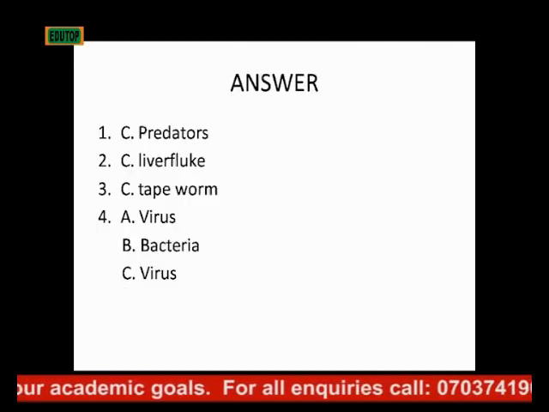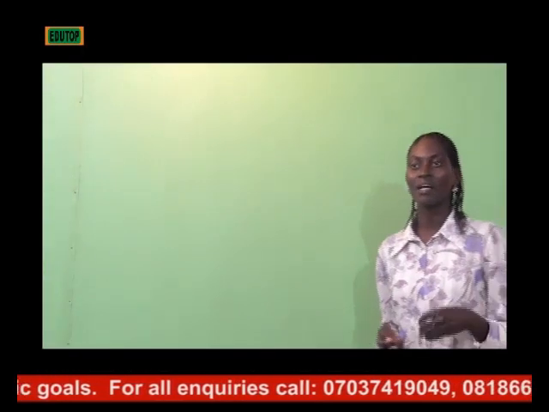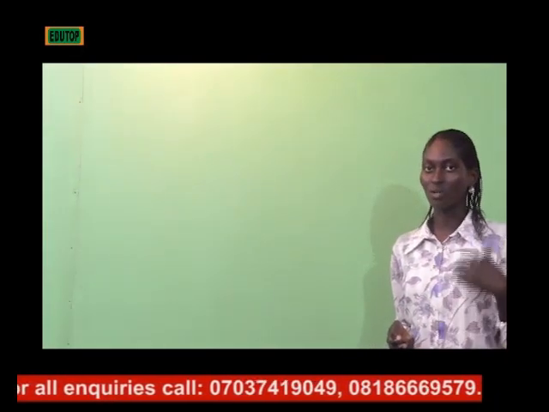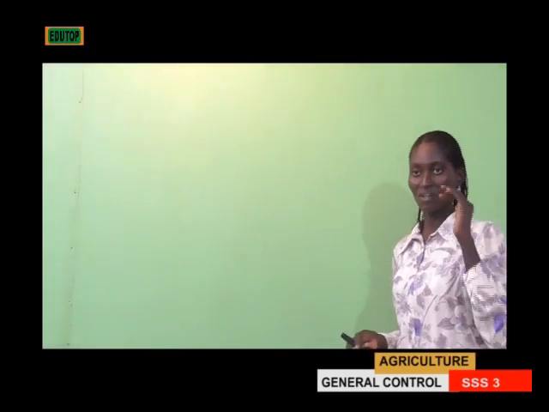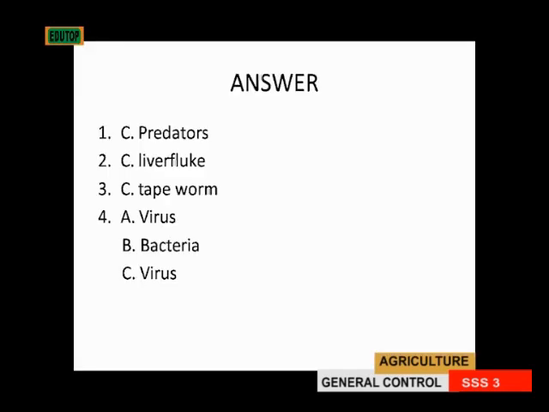Number 1 is C, predators. Predators are not disease-causing organisms. From what I've taught you, predators are not disease-causing organisms. Then number 2, the water snail is important in the life cycle of the liver fluke. That answer is option C. Water snail is very important in the life cycle of the liver fluke. Then number 3, the answer is C, tapeworm. It's in the structure of the tapeworm that you find proglottids. Then for number 4, the causative agent